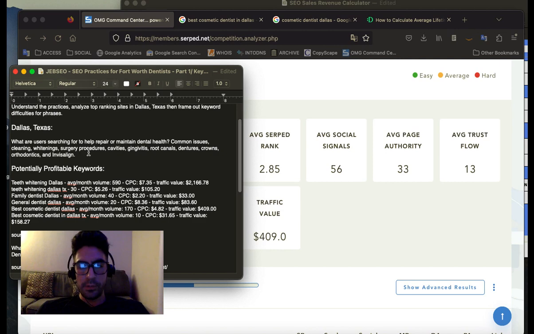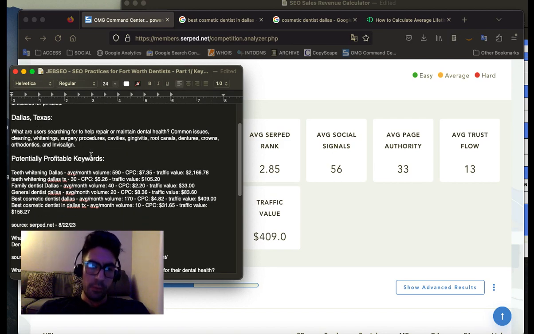So, for instance, common issues people will face will be cleaning, whitenings. There's different surgery procedures, whether it's for cavities, gingivitis, root canals, whether they want dentures, crowns. If, for example, a dentist in Dallas or Fort Worth offers orthodontics or Invisalign, I know Invisalign can be a premium product, but for today I want to talk about potentially profitable keywords that